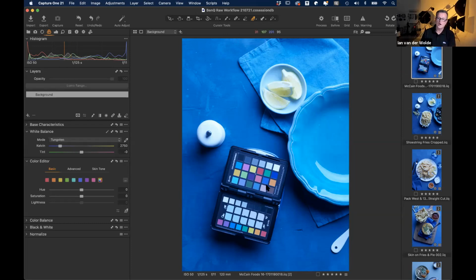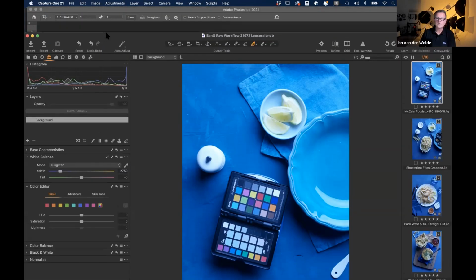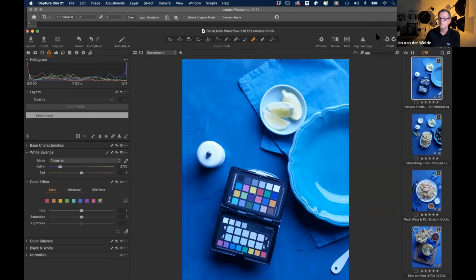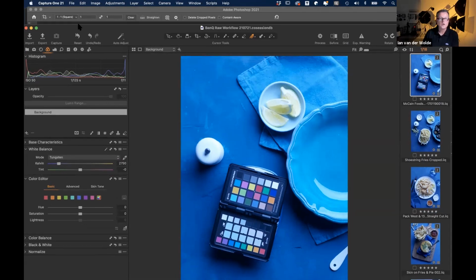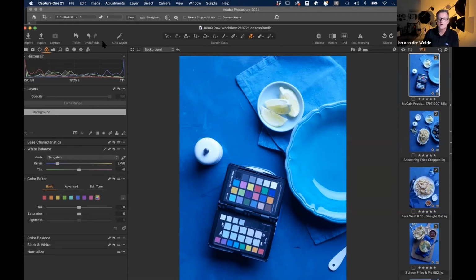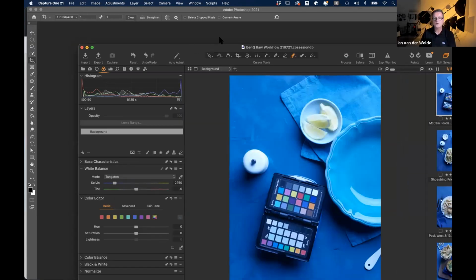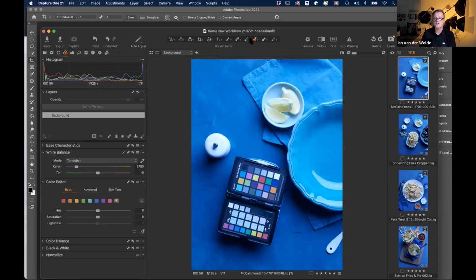So when I shoot a job in the studio, the first thing I do is I'm going to have to pull this down. I don't want to end up doing what I did before. Actually, I'll work in a smaller screen. Sorry, I've got the zoom controls covering a lot of my tools. So along the top here in Capture One, we have these tools. So if I click on the first one and I go to my grayscale on this chart,